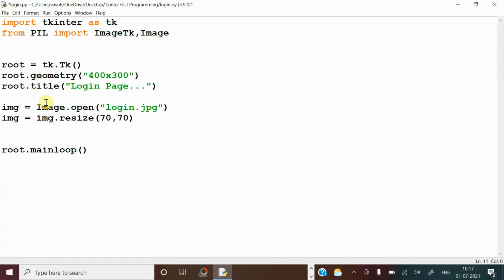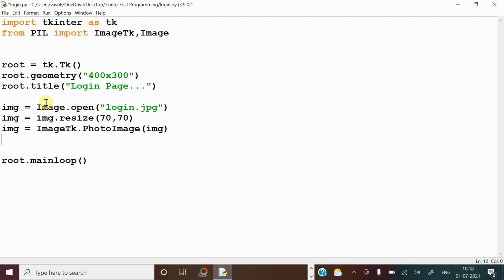Now you can keep it here, image equal to ImageTk.PhotoImage for loading the image into our program.